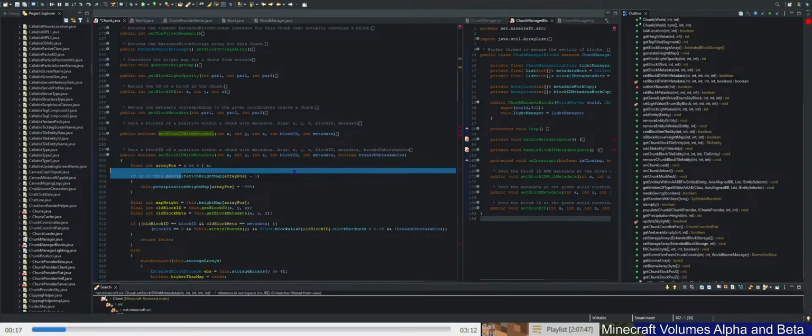I mean, the way it would probably work is that the lighting manager per loop would, if it, of course, has things to update, update those positions. Then, of course, if there's any changes, then would add it to a